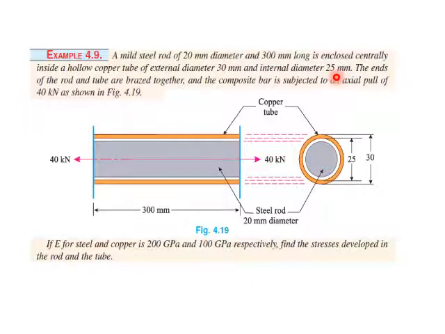Okay, see when I say hollow, you should be able to calculate the area for a hollow tube. See, simple circular area is pi by 4 d square. Okay, so when I say hollow tube, subtract external diameter minus internal diameter. That is the main thing. So the area remains pi by 4 (d1 square minus d2 square). External diameter square minus internal diameter square. So that's the only extra thing you're supposed to use in this numerical example.